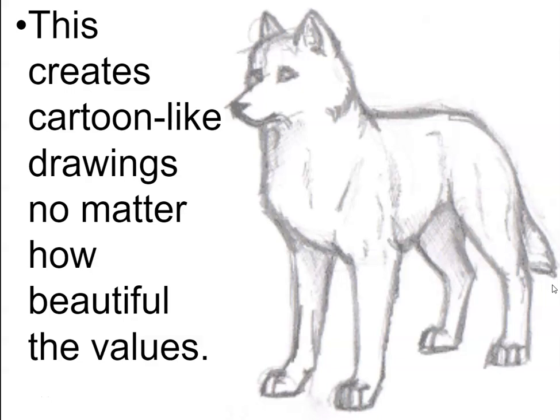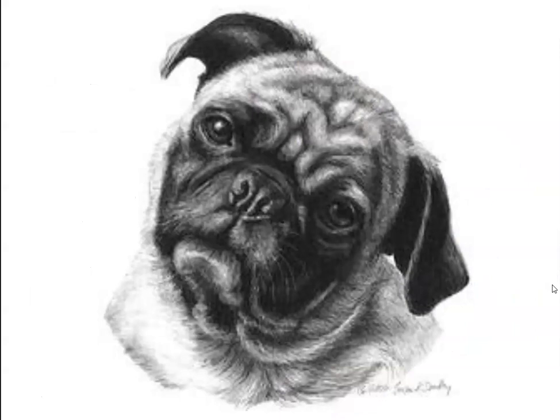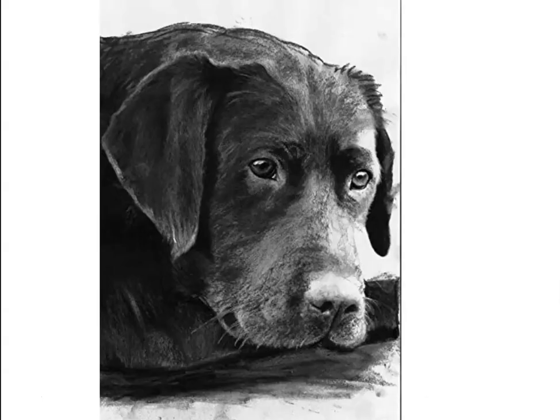We can tell where things are because the values change. Look at this drawing. You can tell where all the details of this dog are, where all the wrinkles and edges of this dog are, because of the values. You don't see an outline. Now, if you look at this doggy right here, some lovely values done with charcoal. You have your lights and your darks, all beautiful. The only one spot that kind of messed up a little bit was up here with this outlining of the